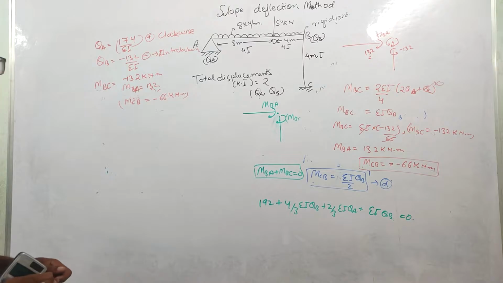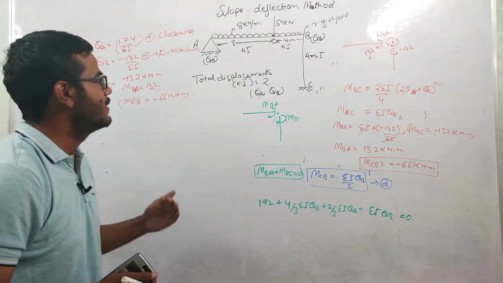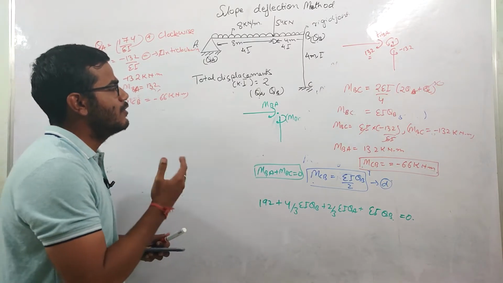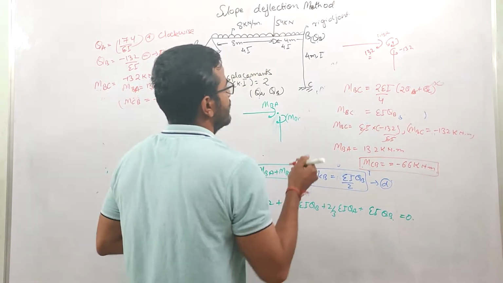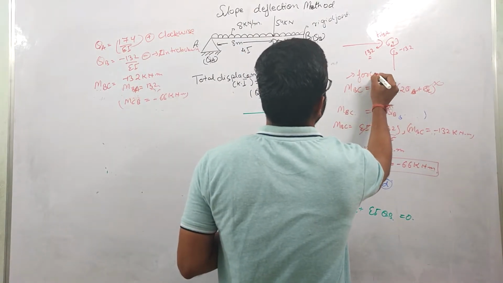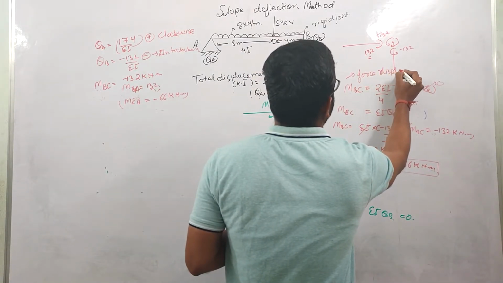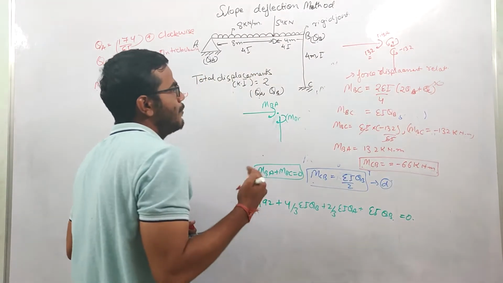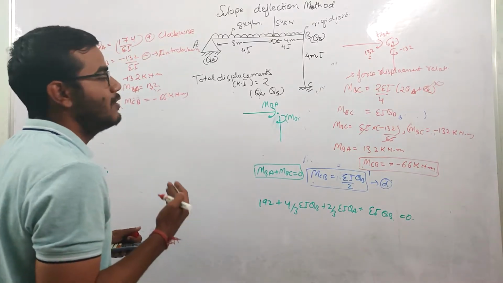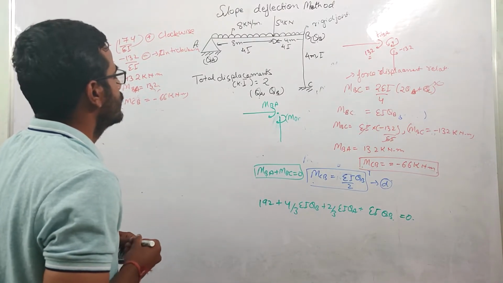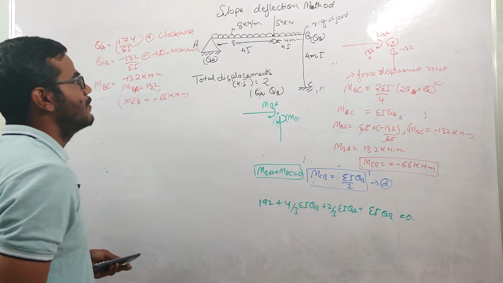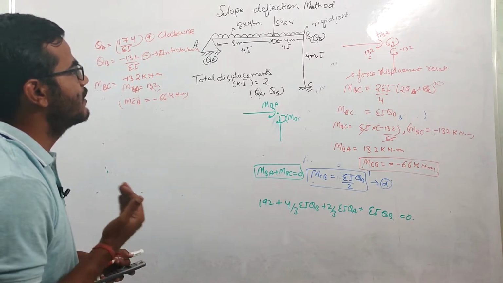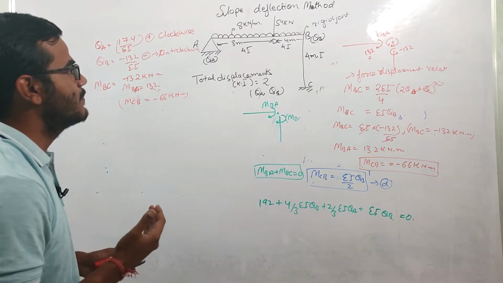So in this way we will calculate the value of theta A, and with the value of theta A we will put this value of theta in this force displacement relationship. By putting these values of theta, we are getting the values of these internal reactions, right? So the next step is to draw the free body diagram, and after that we'll find the shear force and the bending moment for this frame structure.